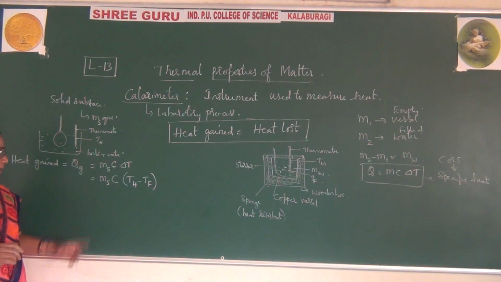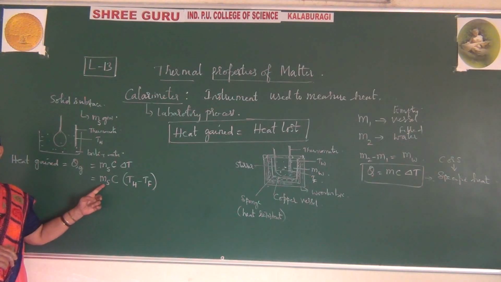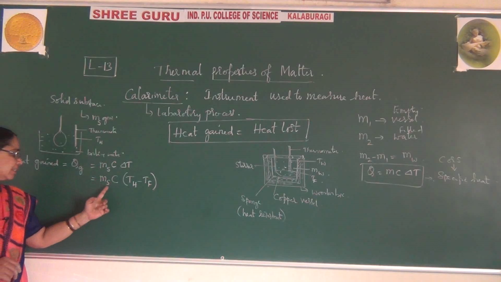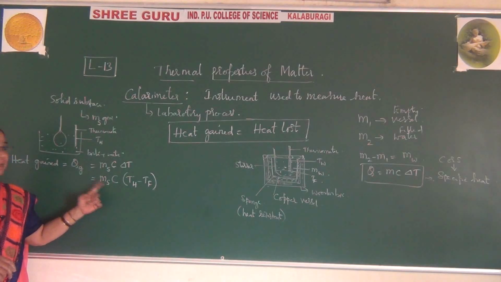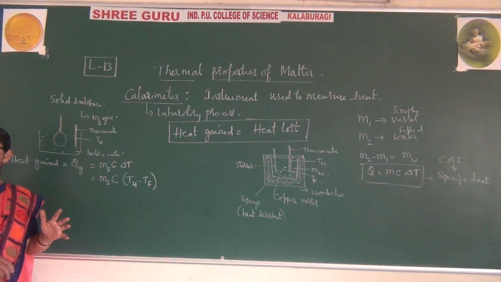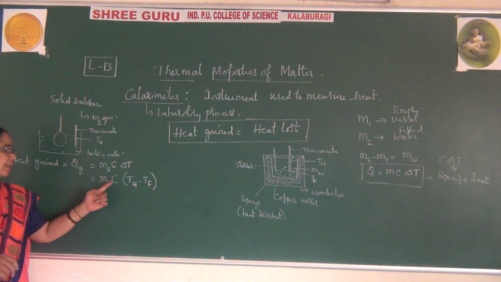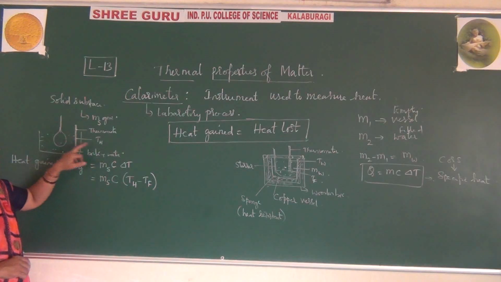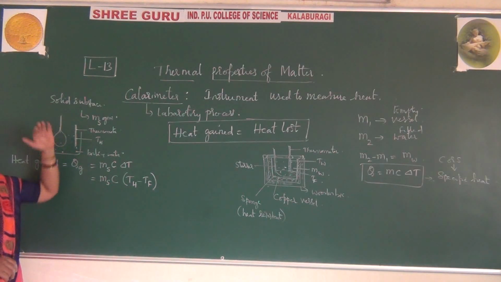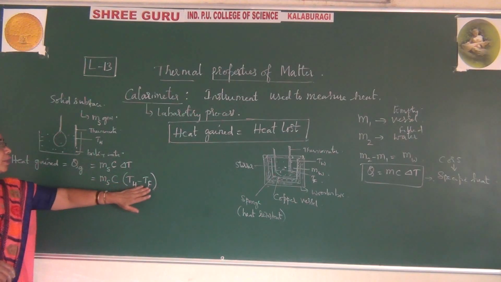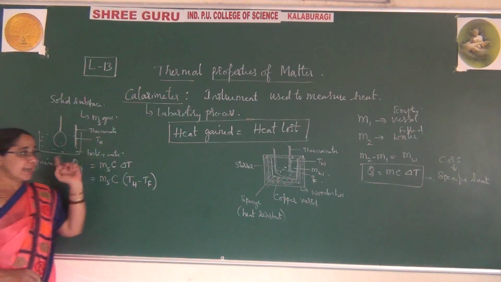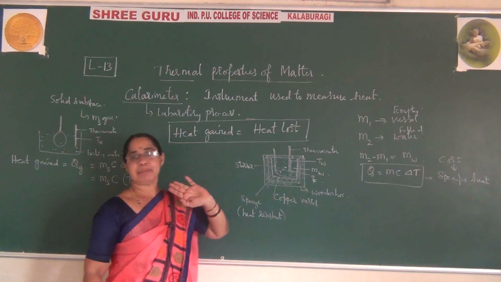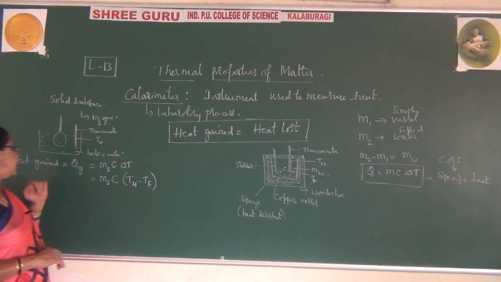And please remember here, the mass of the solid substance: earlier we measured the solid substance before heating it. We know this factor. But c, we do not know what that c is. We have to calculate it; that is nothing but specific heat. What is Th? Hot temperature of the solid substance. It has gained some temperature, hot substance. What is Tf? It has attained the final temperature. When you put it into water, after some time it attains the final temperature. This is the heat gain.